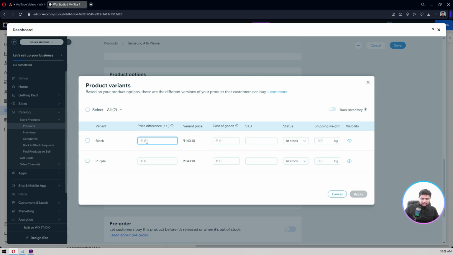For let's say the black one, the price would be 149, and on top of the actual price we have, let's say 0, because that's the actual price. And if it's purple, then purple is like 25 rupees extra for that one. 10% discount in stock. You can add the SKU here, cost of goods. This is for your tax and all, right? Shipping weight, you can add the weight in kilograms, stock, out of stock, options, all those things you can do